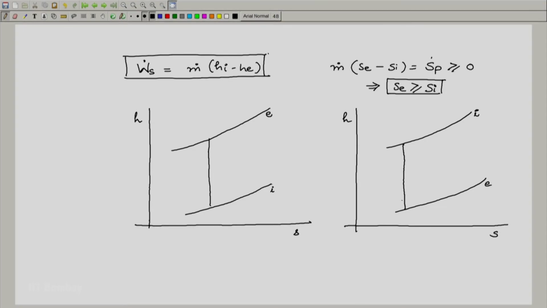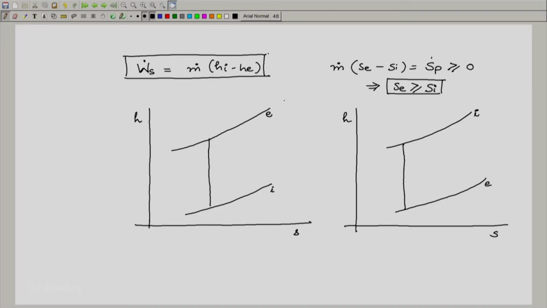Now, of course, you will notice that the isobars are drawn with their slant going upwards towards the right, and you can of course check this out using property relations. We had a property relation for a simple compressible substance where dH was just TdS plus VdP. Along an isobar dP is 0. So, dH is just TdS, and hence the slope on an HS diagram, dH versus dS, would just be T, which is the absolute temperature, and it is a positive quantity, and hence you will see a positive slope on an HS diagram, and it is the local temperature at that point.